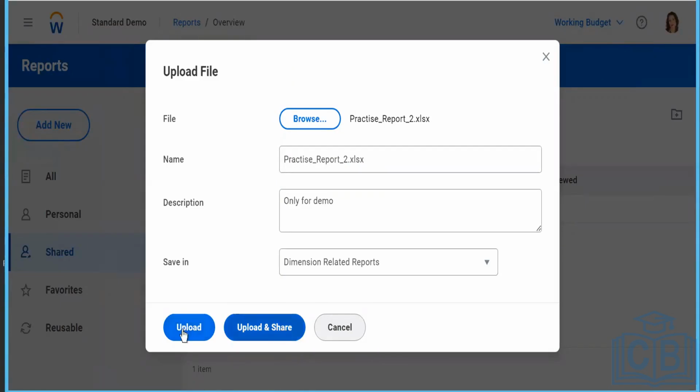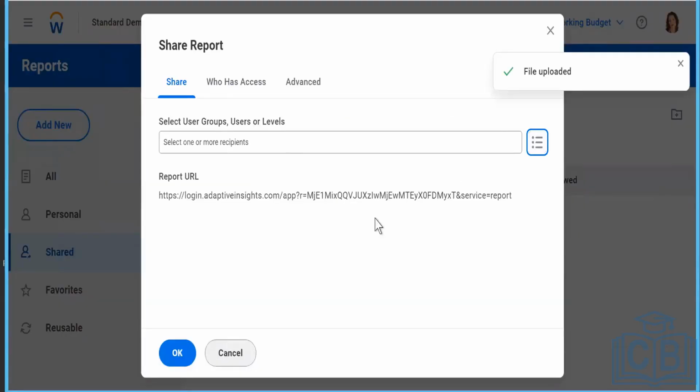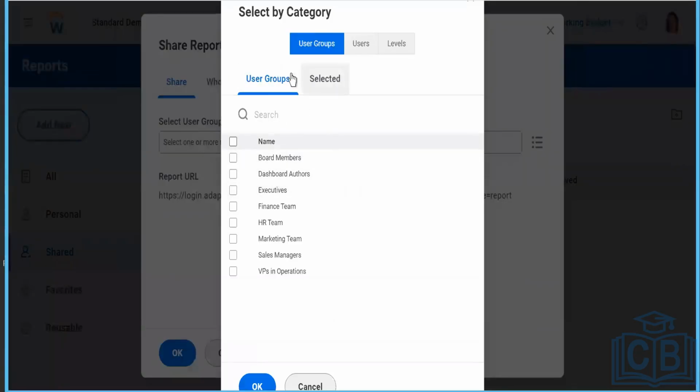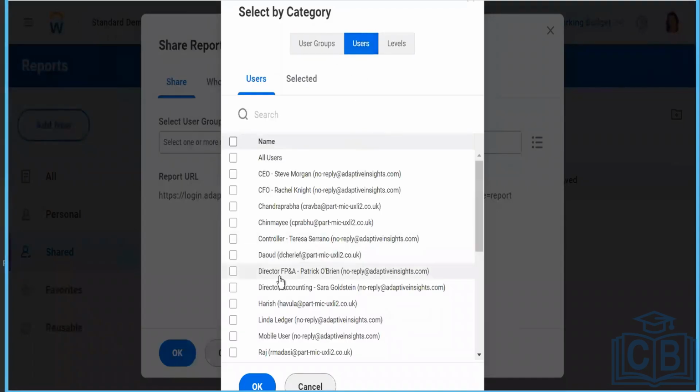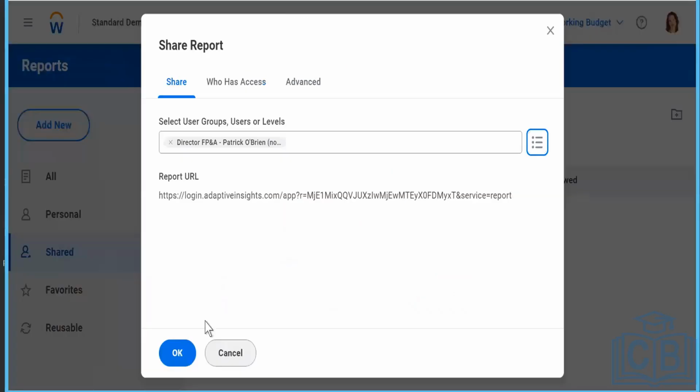Either you upload, or you do upload and share. If you do upload and share, it's basically asking you if you want to give access to this particular file that you have loaded to one user or the entire group. This is also another way of giving security to reports, to folders, or to the files that you are uploading. At the moment, I'm selecting Patrick O'Brien for this because only he should have access to my file,